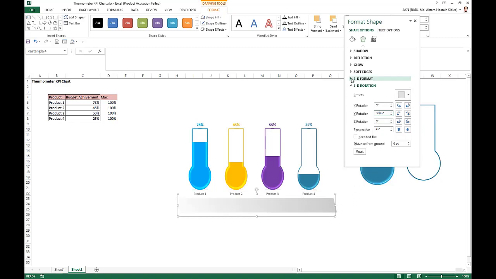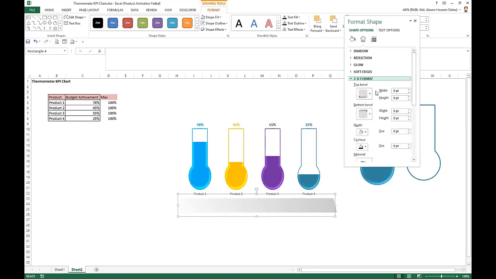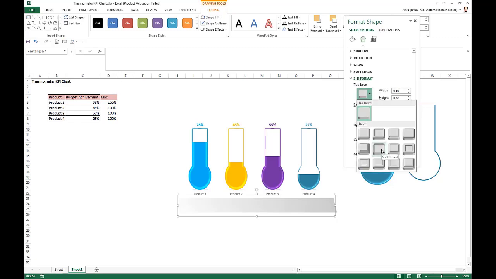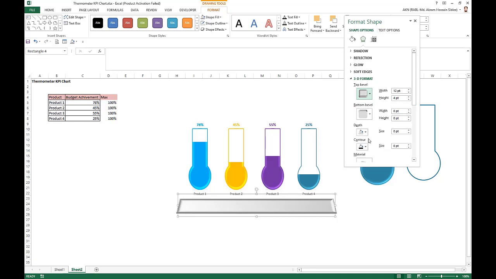Now go to 3D Format, go to the top bevel and take this soft round, and take depth size as 12.